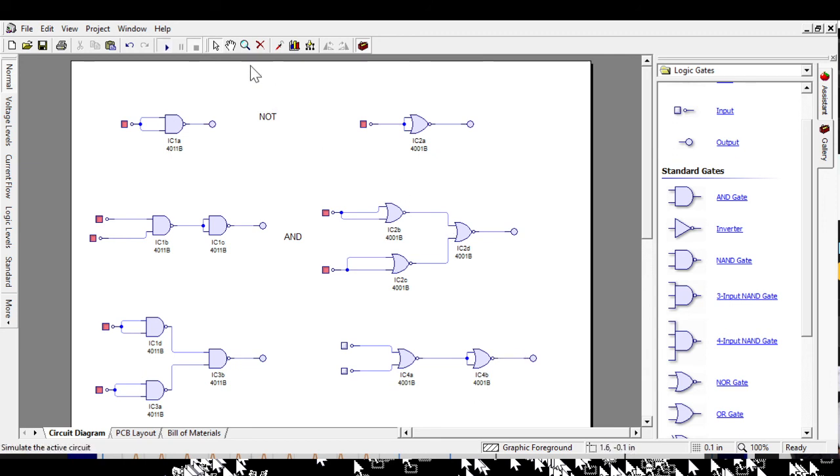And then when we run it, we can see both low are giving me low output, one high will give me one high output, and both high will also give me high output.